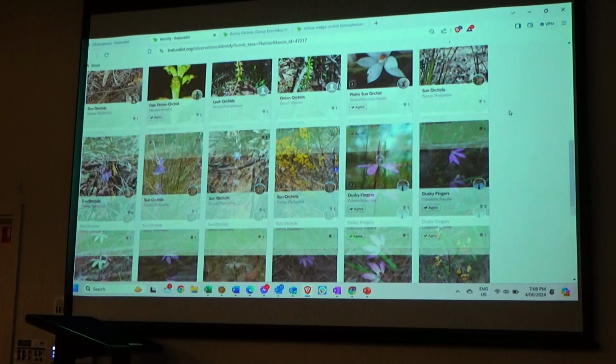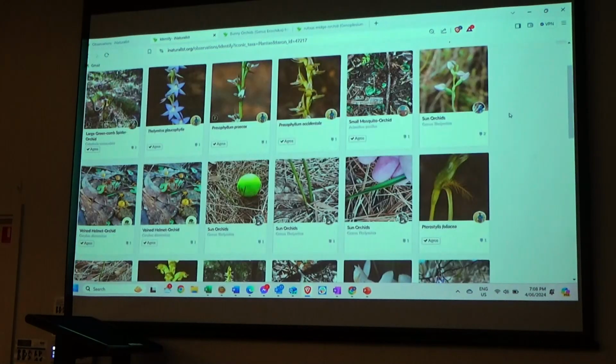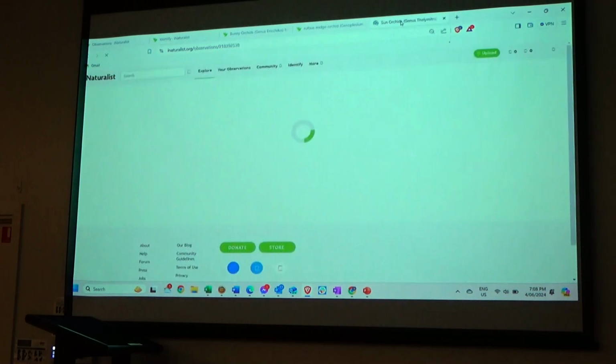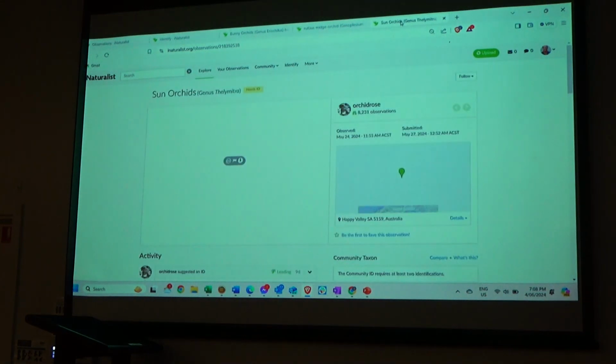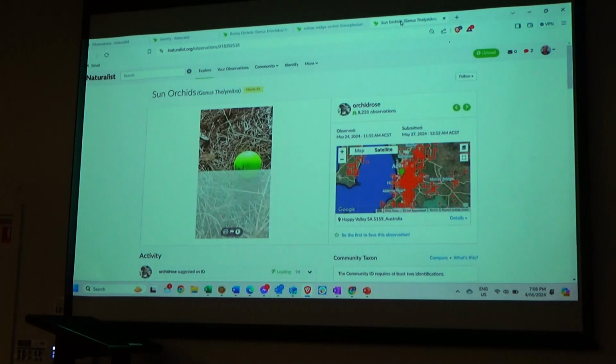Oh, by the way, my philosophy on taking observations is always be curious, photograph everything. I happened to say to someone, including the golf ball. The very next day, there was a golf ball where I was. I don't know where the golf course was. Golf balls turn up everywhere, but there is a thelmitra leaf in there. Two, all right. There's one right against the,